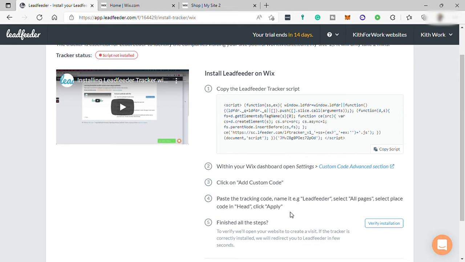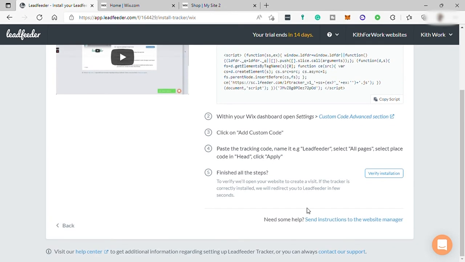And then you can name it. For example, you can name it Lead Feeder, and then select all pages, select place code in head, then click apply. And fifth, finish all the steps